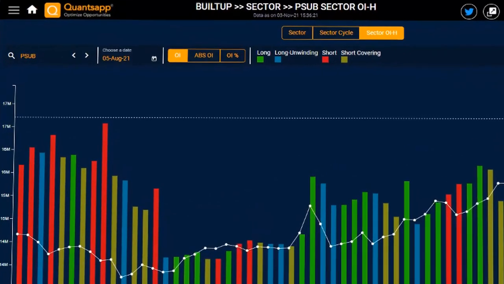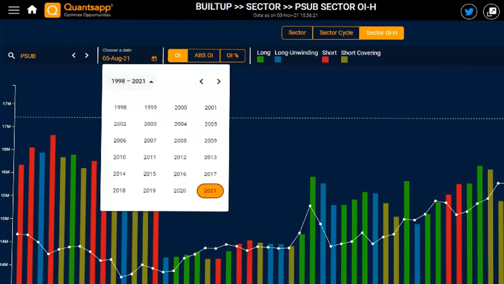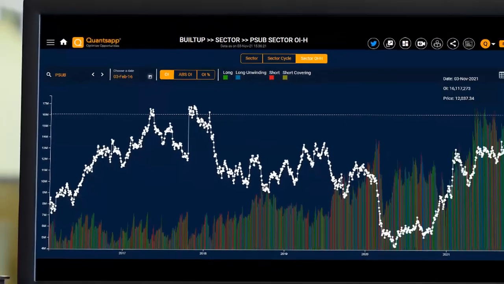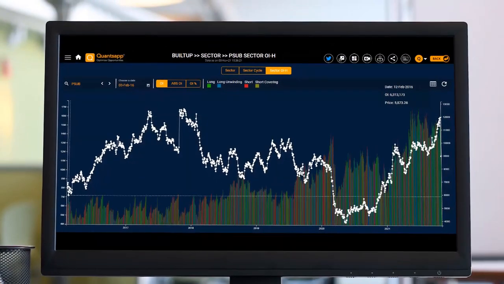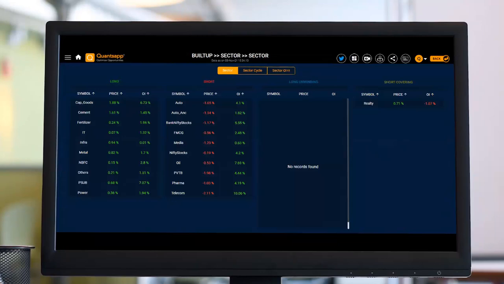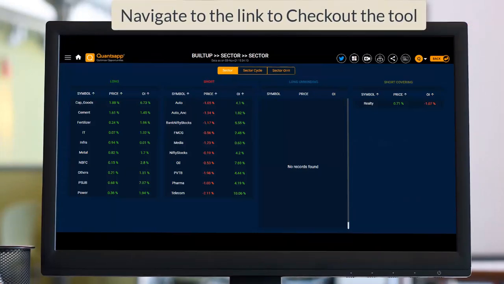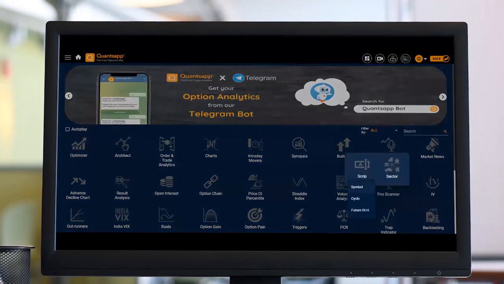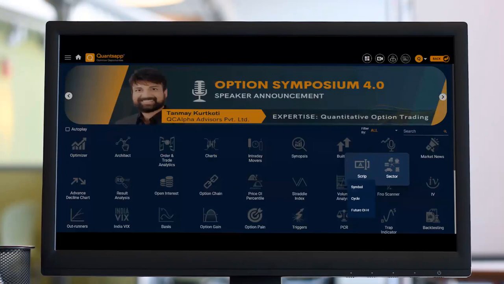The last thing is we can go ahead and increase the look back period. Let's say I want to check the data from 2016 third. So it will show us a very longer duration of data as well. So to sum it up, built up sector can be used while we are doing a top down approach. We can first identify a sector, check how historically the strength is, check how the quantum has behaved, and then once we find a sector, we can go to the other part of the built up tool, which is built up script, and identify a stock from that sector specifically which has a significant strength.